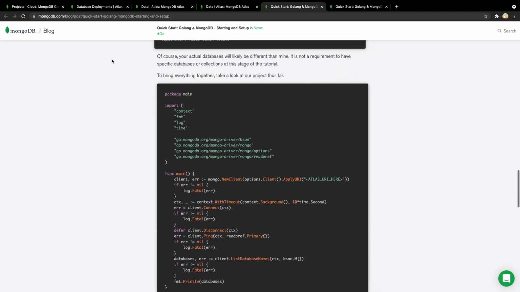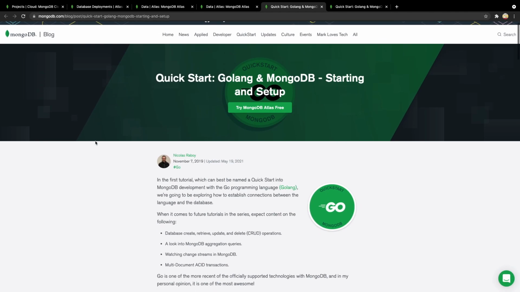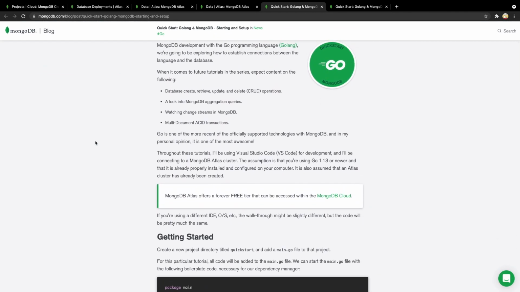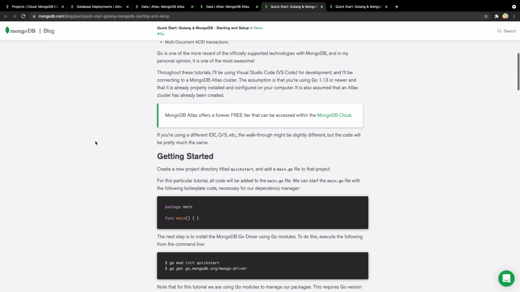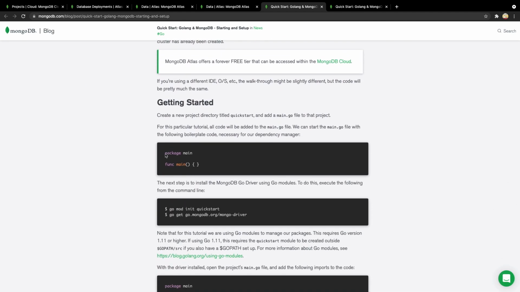I have actually opened one of the blogs on the MongoDB website. They have mentioned the whole information in a very informative way, covering all the things that are needed. First, we need to define the package as main.